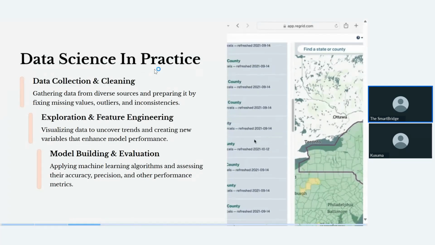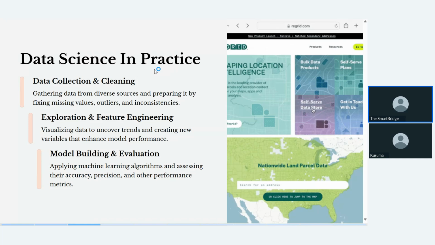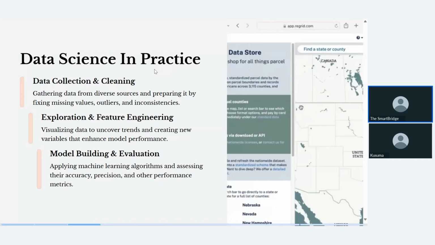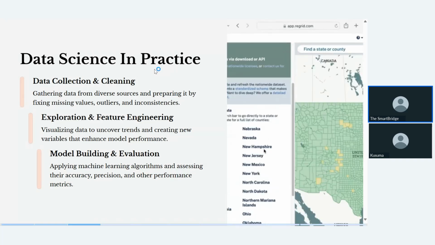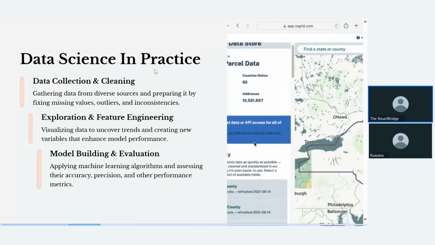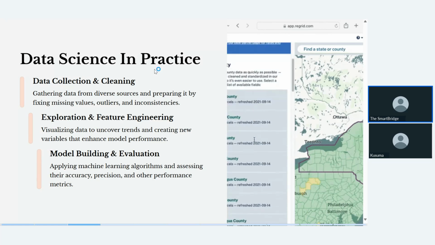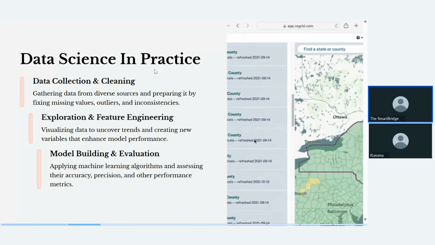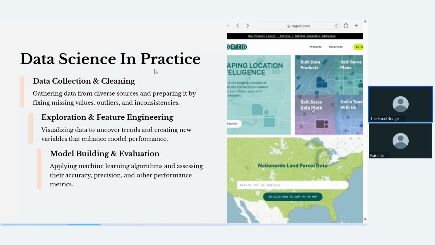So the things which I have discussed until now, if you take an example of Amazon, what are the products we are having? What are the customer reviews? What are the forecasting if you want to know? So just like that, if you want to know what the process we'll be doing in this data science, we'll be doing the first process that is called data collection and data cleaning. So if you want to take an example of Amazon,